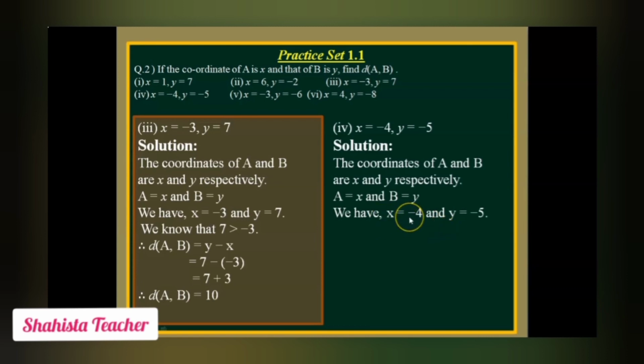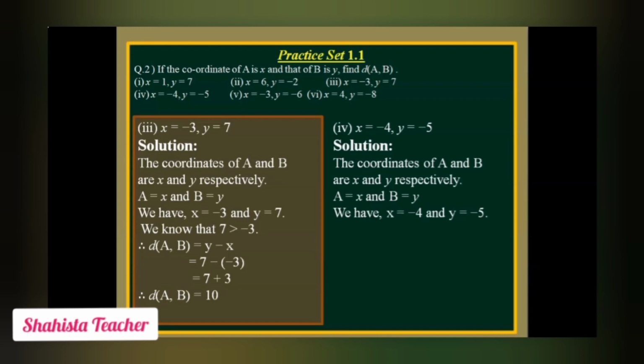Now which number is greater, -4 or -5? Here both the signs are negative. x is also negative and y is also negative. As I told you before, in minus, the number that is smaller is the number that is greater, while you are subtracting. Whenever two numbers carry a negative sign, as you see here, -4 and -5, which number is greater? -4 is greater. The smaller number is greater whenever the numbers carry a negative sign.